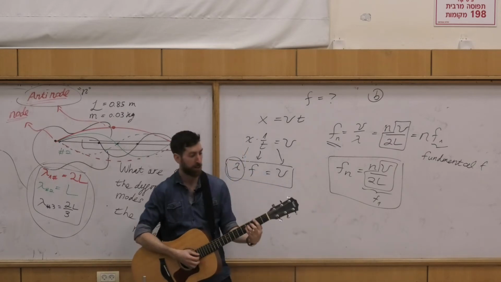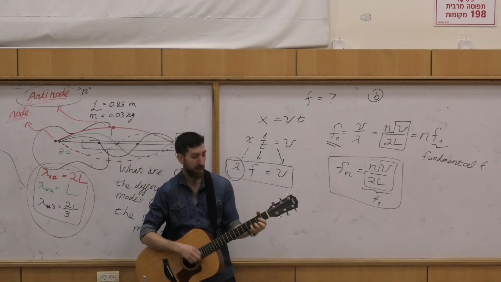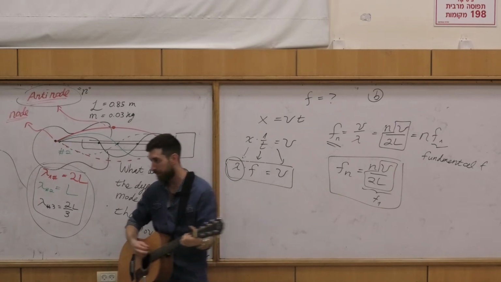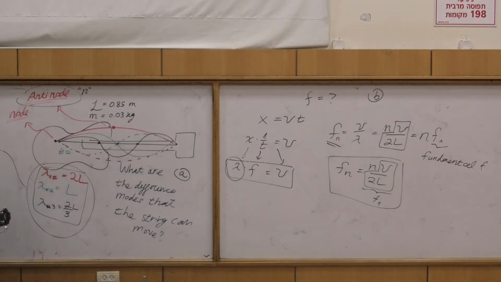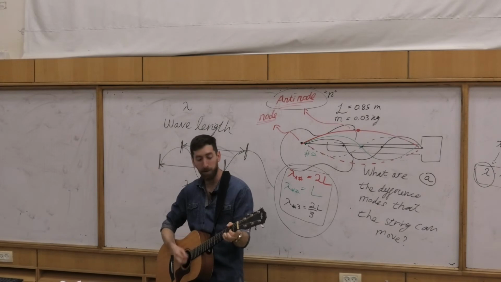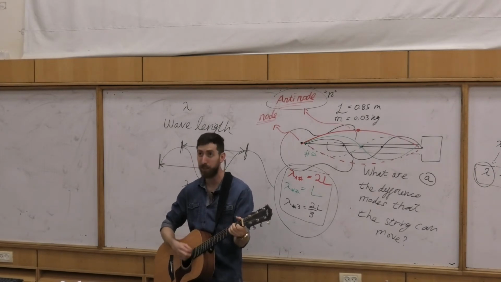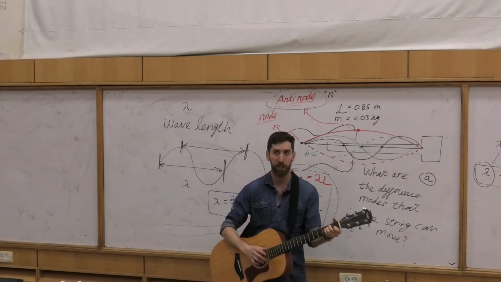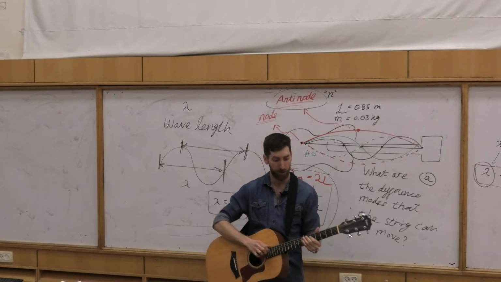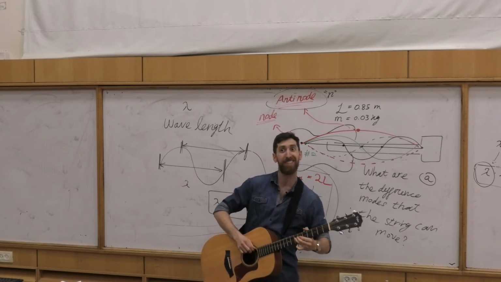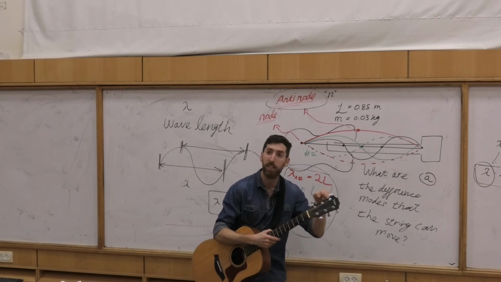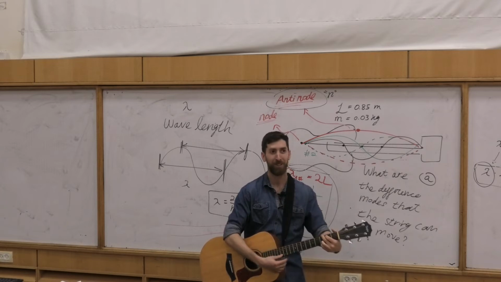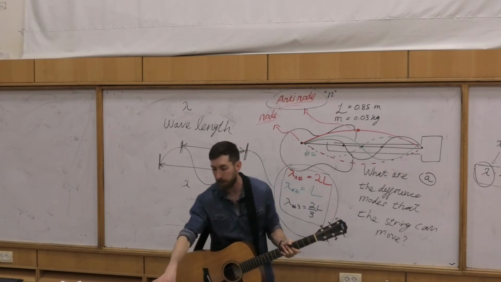And that's the concept. When I play the guitar, I simultaneously change a lot of notes, a lot of lengths. While I'm singing, I'm changing the length of the string, right? This is the concept, okay? Another thing that I can do to change it, I can change the tension of the string, and that's what we're going to do right now. See? I can change that, and that's the reason I have these keys, right? I can change it. I don't want to do it because I really love this sound, okay?